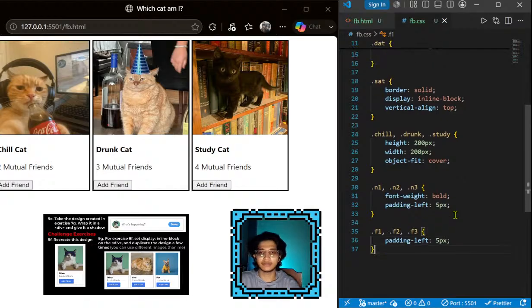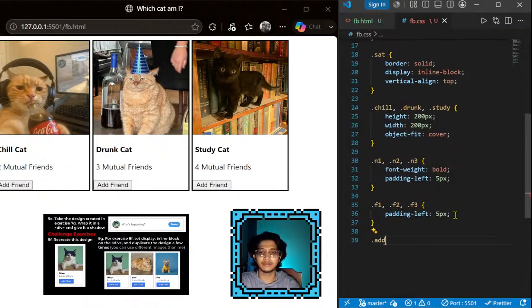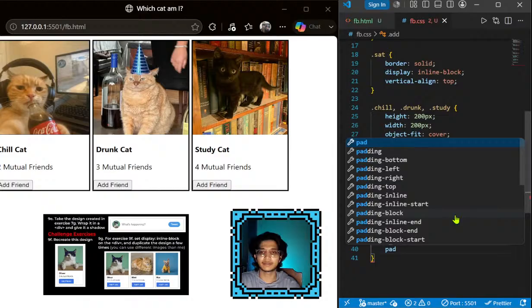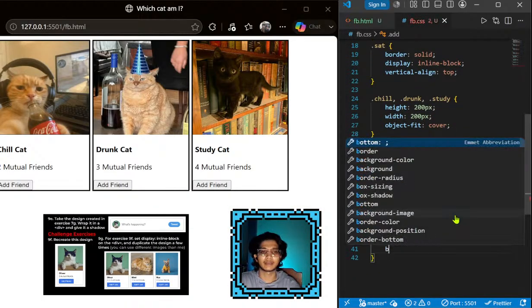So now they all have friends, and then we have the button class called add. So now add would be, I think this would do the job. Padding left would be 5 pixel as always. Padding bottom would be